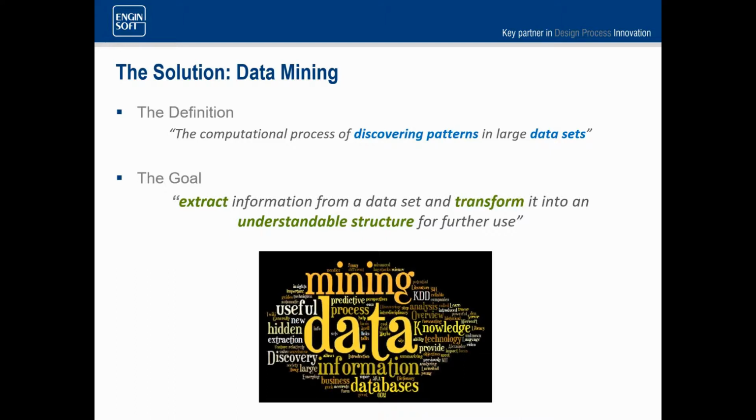And the goal is really to extract the information and then to transform it into an understandable structure for further use. So this is really a stepping stone to something much greater that we're trying to achieve. Maybe that's some kind of optimization or improvement in our design.